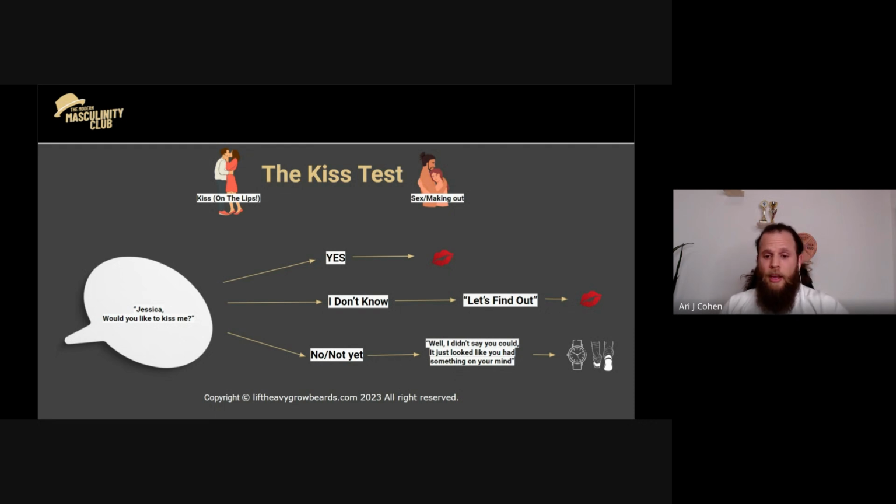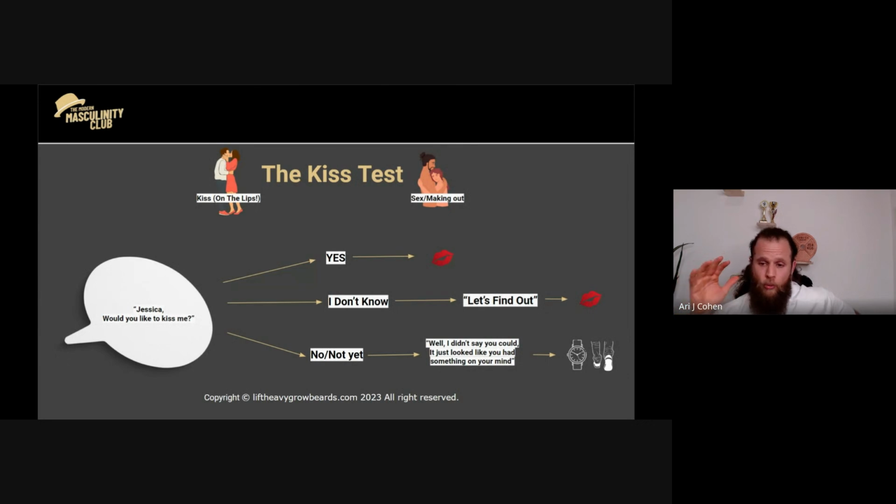And if it's in the middle of the date, because sometimes it happens in the middle of the date, it doesn't have to happen at the end, you run the kiss test. She says, not yet, or not really, or something like, I don't know yet, I'm not sure. Well, if she says, I don't know, you kiss her. But if she says no or not yet, then you say, all right, no worries. Just looked like you had something on your mind. Sorry, just thought that's the time, but all good. And then you sit back and go back to playing the game, leaning back, not trying to touch, not doing anything. You're not begging for it. But this is essentially the kiss test.